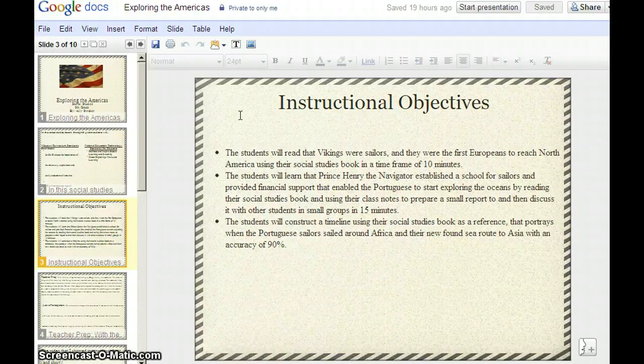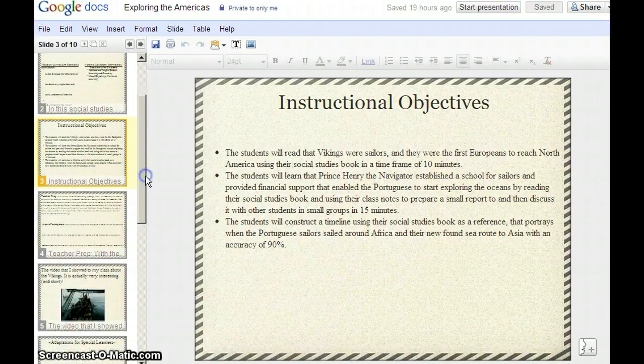Additionally, the students will construct a timeline using their social studies books as a reference. It will portray when the Portuguese sailors sailed around Africa and their newfound sea route that they found to Asia, and they will create this with an accuracy of 90%. Technology was also incorporated during the portions where they're given a certain amount of time. I use my projector, and Kagan has wonderful selector tools for times, different stopwatches that you can put up there, and I always put those up for my students to see so they know how much longer they have